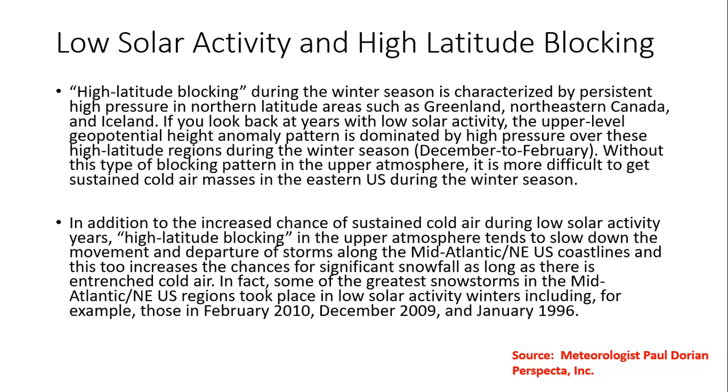Now, we talk about Arctic oscillation and North Atlantic oscillation. We talk about that North Atlantic oscillation when we have high latitude blocking in the warmer air and higher latitudes. Get that strong block or upper ridge going into Greenland. That usually leads to a buckle in the jet stream across the eastern U.S. and increasing the chances for cold air, more frequent cold air outbreaks, as well as if we get a nor'easter